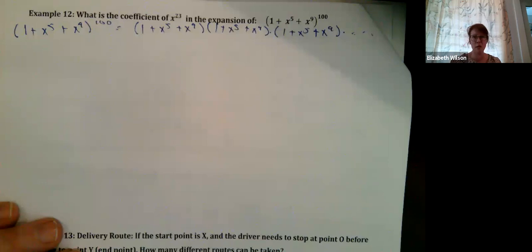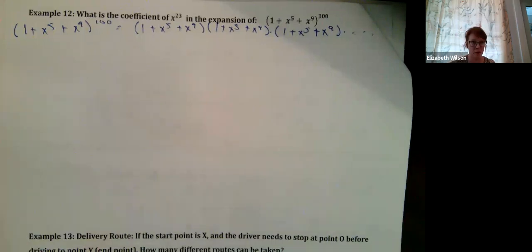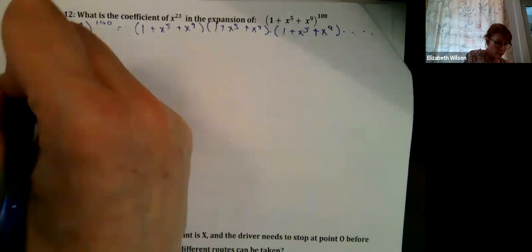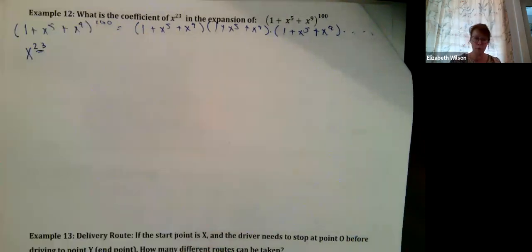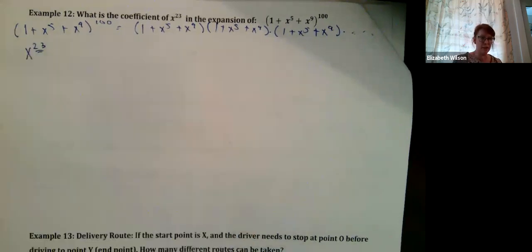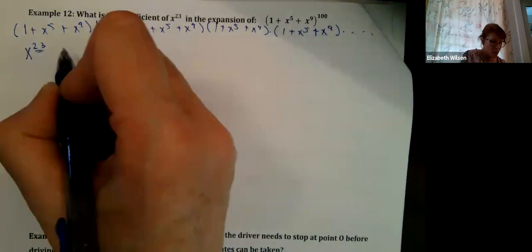So that's why we want to have some kind of algorithm for calculating our coefficients and expanding this, so that I don't have to sit here and do it all by hand, okay? So let's think about x to the 23rd. I've got x to the 5th, x to the 9th, and x to the 0, essentially. This is 1, okay? So to get to the 23rd, we're going to need